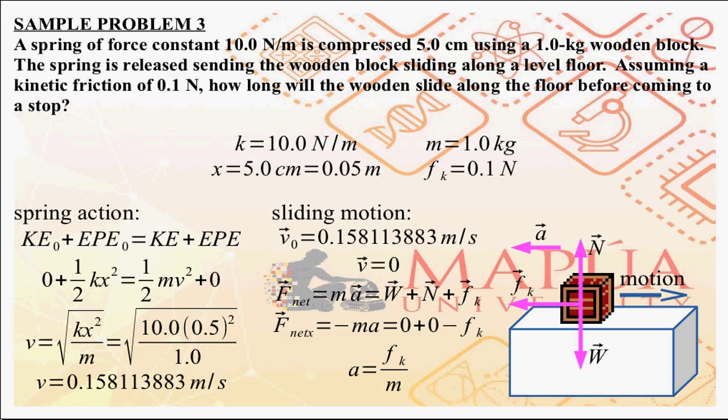And the kinetic friction between the wooden block and the floor when the wooden block is sliding, the kinetic friction magnitude is 0.1 Newton. So first, the spring action. The spring is compressed and then released. The spring will push the wooden block, giving it an initial velocity. Looking at the spring action in terms of conservation of energy,